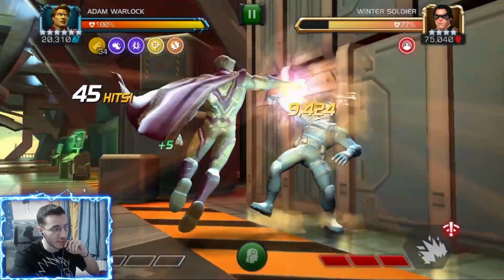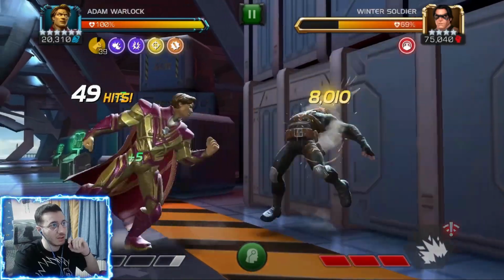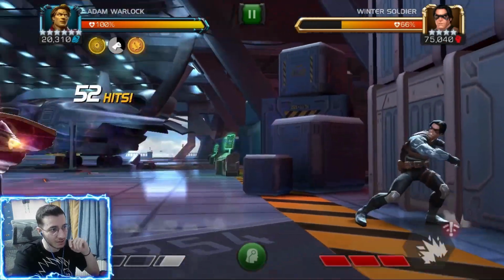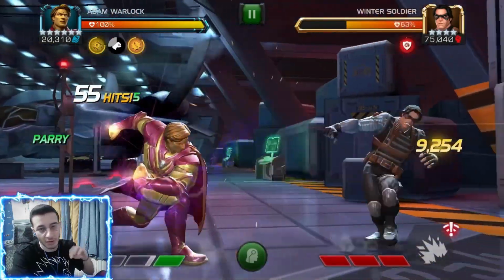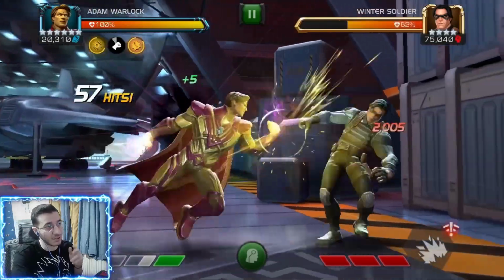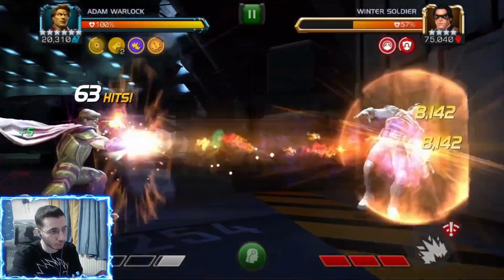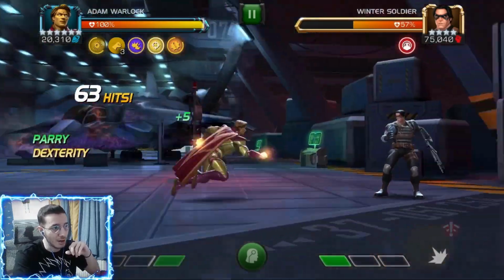And then at 40 you consume all of those buffs to gain a big fury, which gives you close to 6,000 attack, and Adam Warlock as a rank 4 has almost 4,000 attack, so this increases his attack more than double. And then you have a cooldown on your sovereignty counter, but we activate it again with our special 1,